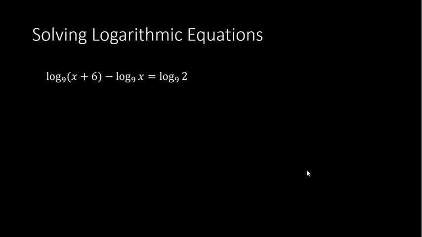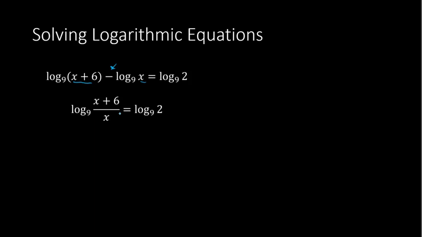Let's try another example. Here we have, again, another logarithmic equation. And now we have two logarithms on the left side. We have one on the right side. So for this one, again, we want to combine the left side into a single logarithm. And again, we see subtraction here. So with subtraction, we can use our logarithm properties to combine into a single logarithm by dividing. So what we divide would be the x plus 6 and the x. So what we have would be log base 9 of x plus 6 over x equals log base 9 of